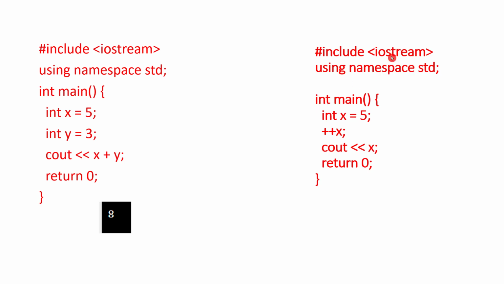And also there will be some additions. If you require input or manipulation, you have to include the next line, hash include arrow iomanip, and also you can add the different header files as required. This will be the common one. Okay, so coming to our problem, integer x is equal to 5 semicolon, plus plus x. So the value will be increased by 1. cout x. So the value here got changed. So 6 will be displayed directly, because we are not giving any inverted comma string values here. Directly 6 will be displayed as it is increased by one.